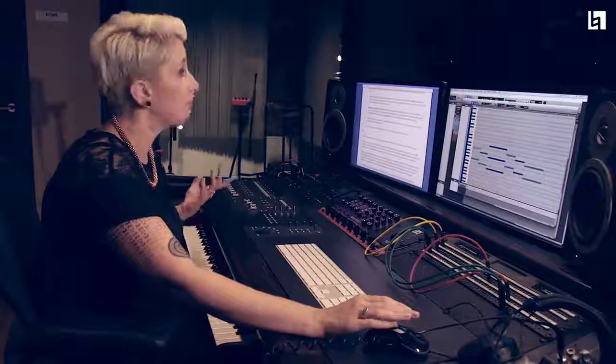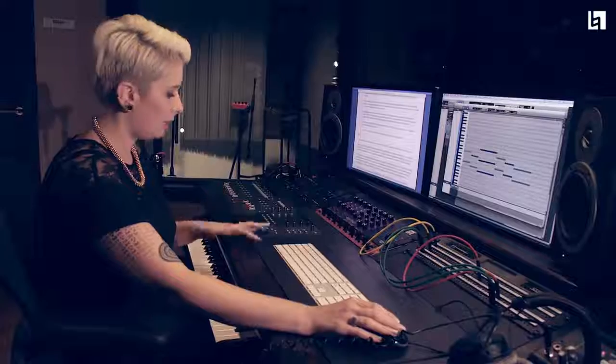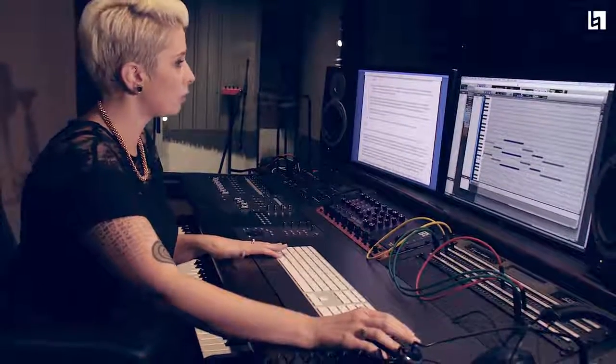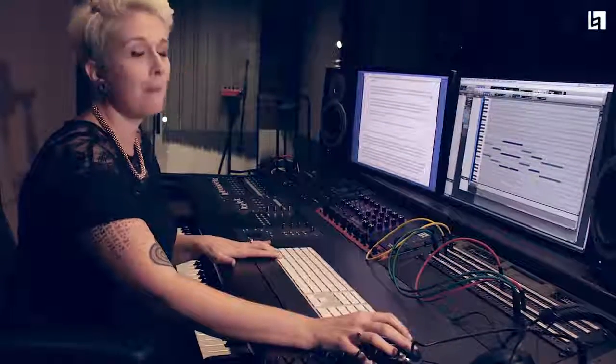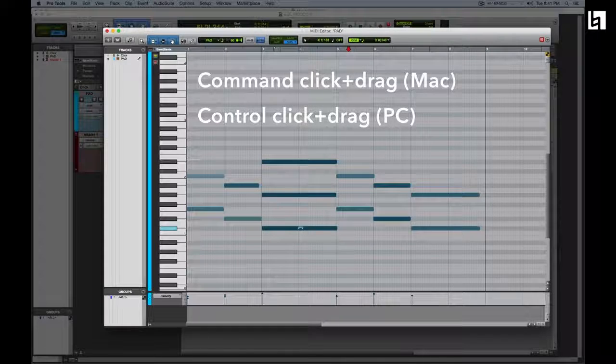You can see in my MIDI editor that we have different variations of blue, which means some of these velocities were hit very hard and some were hit quite soft. As we expected, that third chord here is a really dark blue, which means I hit it way too hard. So if we want to change the velocity and make this more consistent and make it sound better, we can hold down the Command key or the Control key to click and drag up and down on each one of these MIDI events. And as you can see, when I press Command, it'll bring up this upside down bracket. And if I hold Command, click and drag,